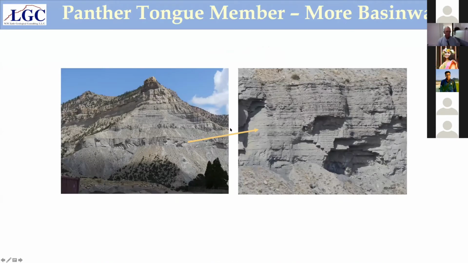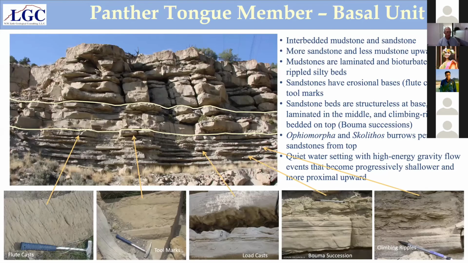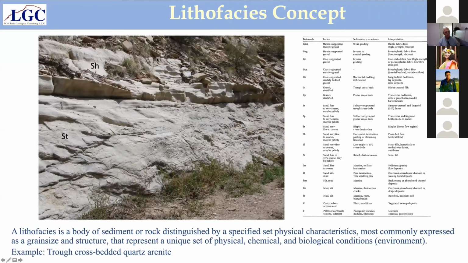Okay, so this would be unit 3, the trough cross-bedded sandstone. Can you see that sharp boundary? And up above is the horizontal laminated sandstone, and this is unit 4 of the figure that we're talking about here,